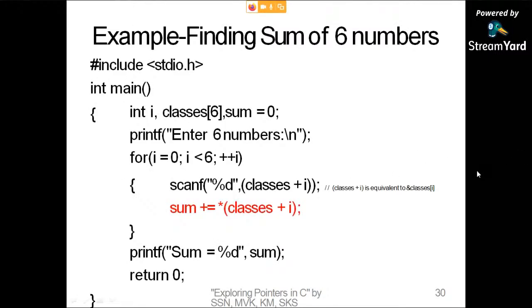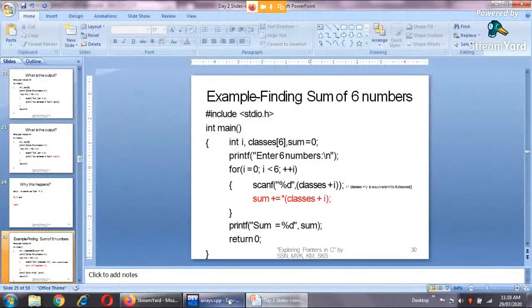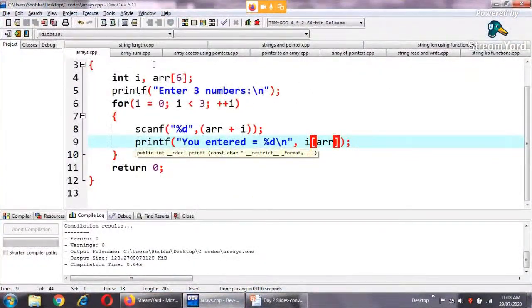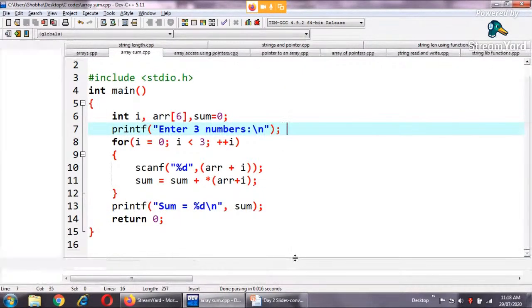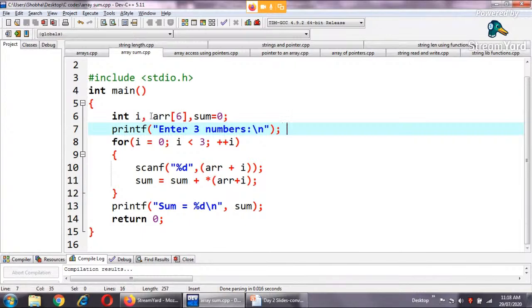Let us look at one example of finding the sum of, let's say, n numbers. I'm just going to go here and show you the output of the program. I have copied this example here, and this is how it looks. An array is declared here to have a max of 6 elements. A variable is declared as integer and initialized to 0. And I'm just trying to read the contents of